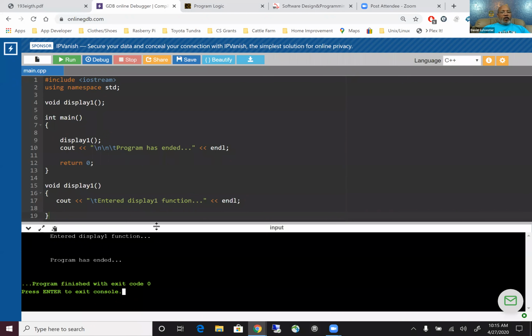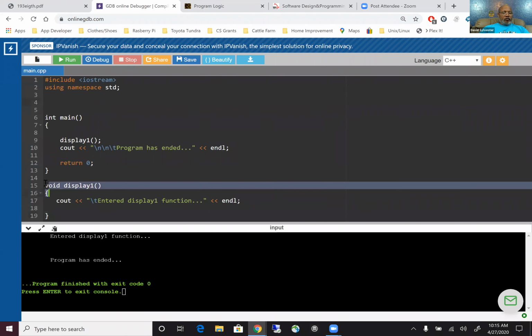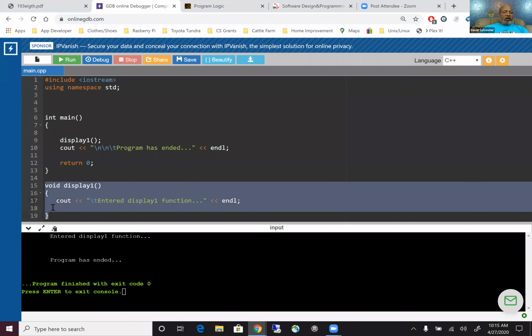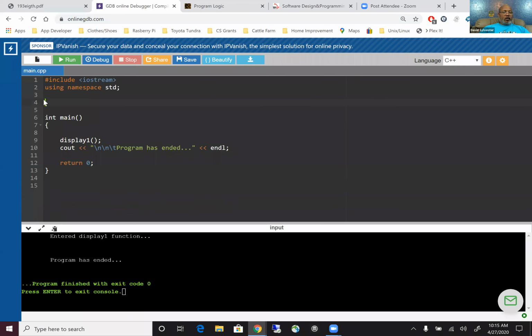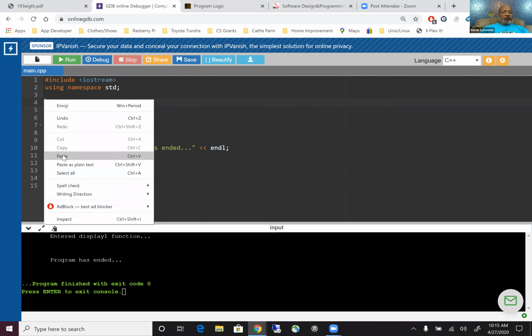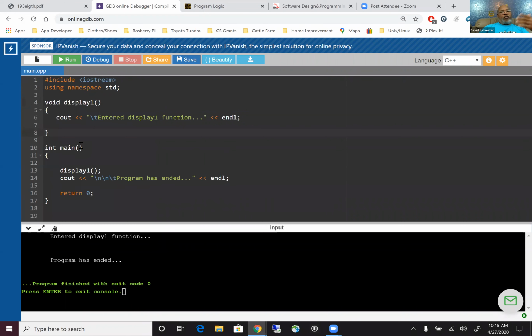Now, the way the book did it, we could take this out and watch what happens. I could move this here, because with it down here, it's never actually being declared. So I need to cut it from here, and I can paste the definition here. So now the program knows what this is, because it's executing this